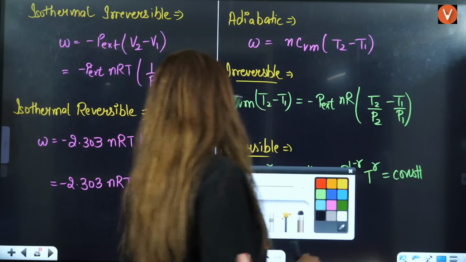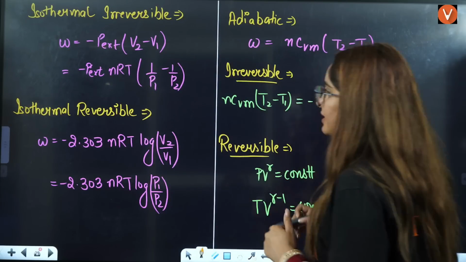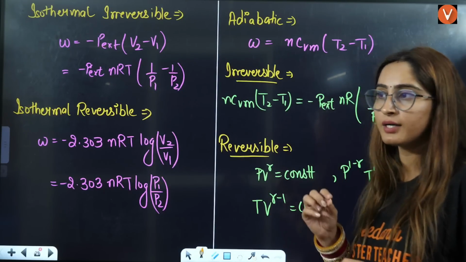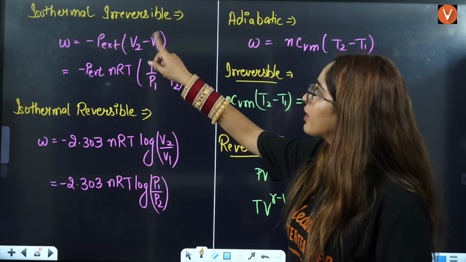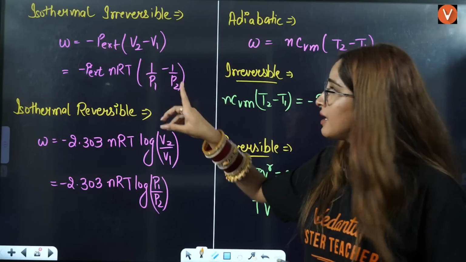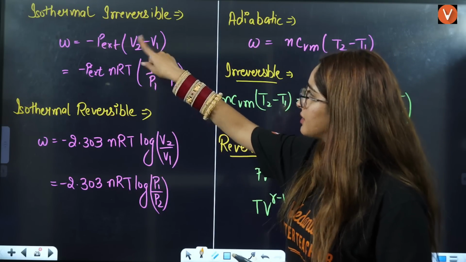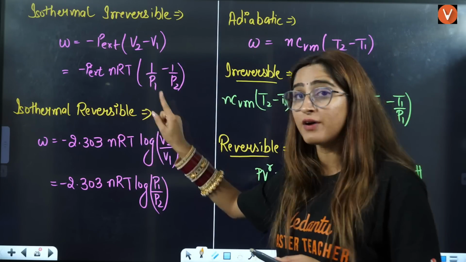Next is work done formulas, beta. Usually they ask you questions based on work done formulas. So work done for isothermal reversible is going to be directly this formula. For isothermal reversible,